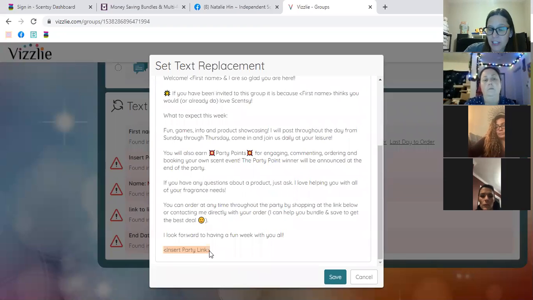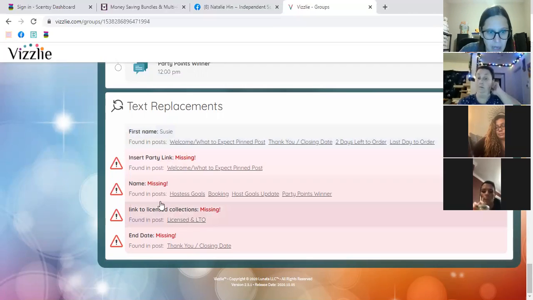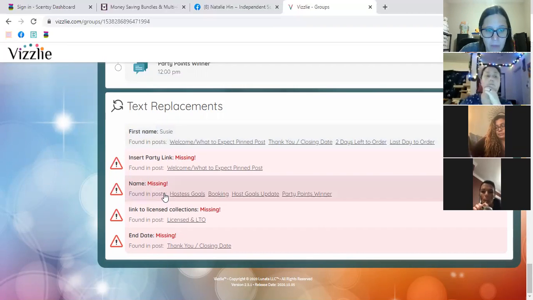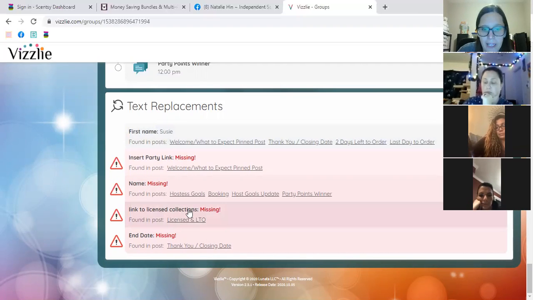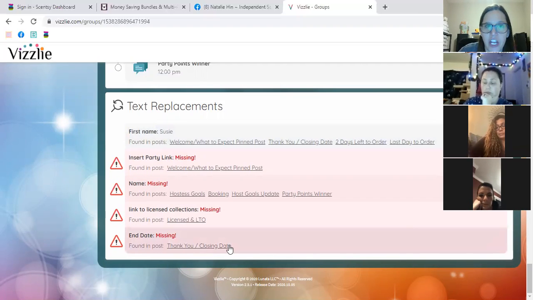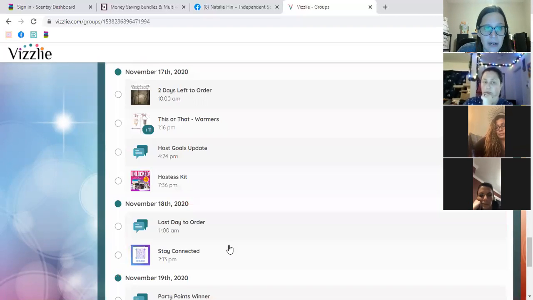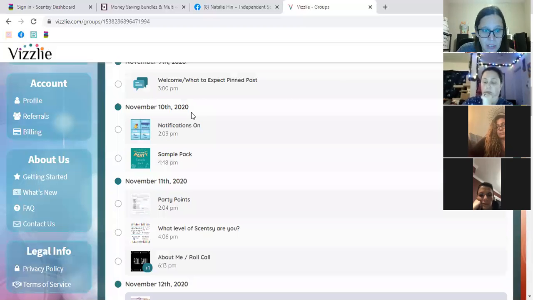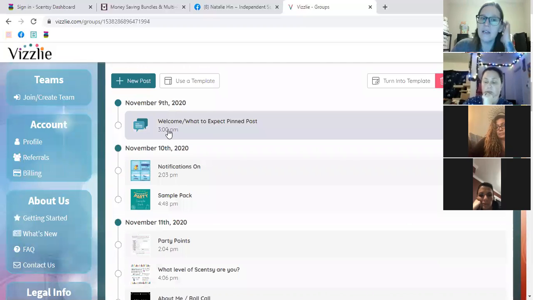that prompts me to go to my page and put her party link in here. I'm just going to cancel that one. And then, you know, it just keeps going, but you get the point. Like closing date, I have to change that, make sure that's updated. So now here's all my posts, when they're going to post, and it's going to tell me that the 9th, it's going to,